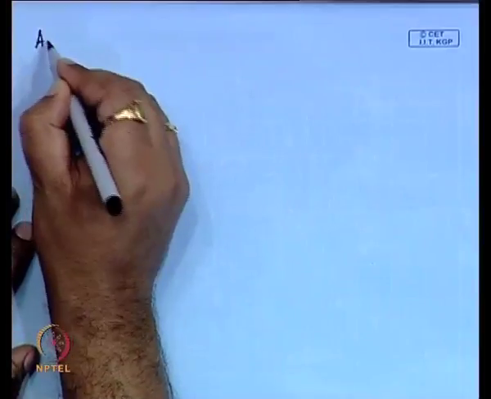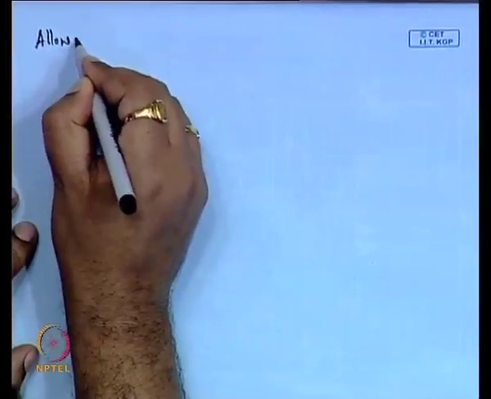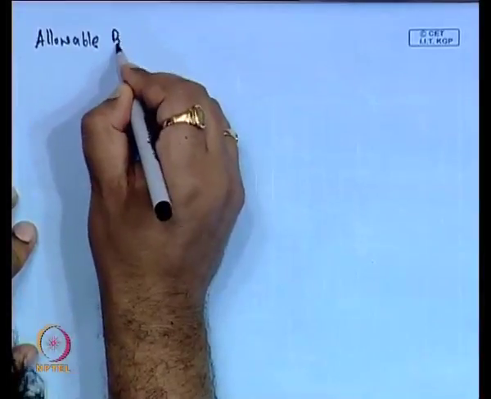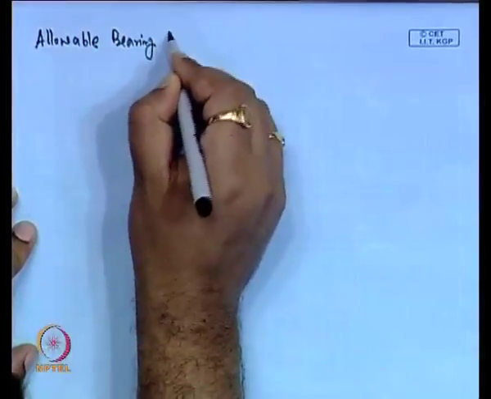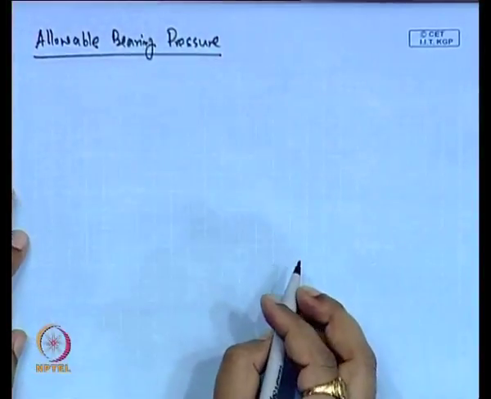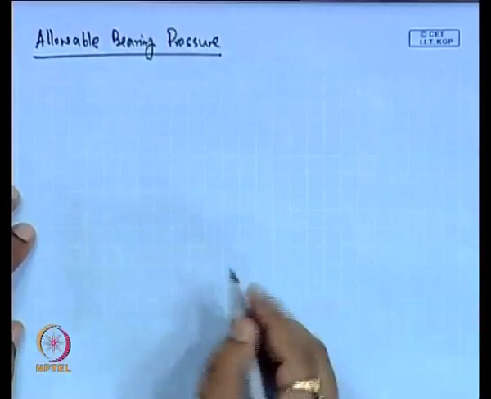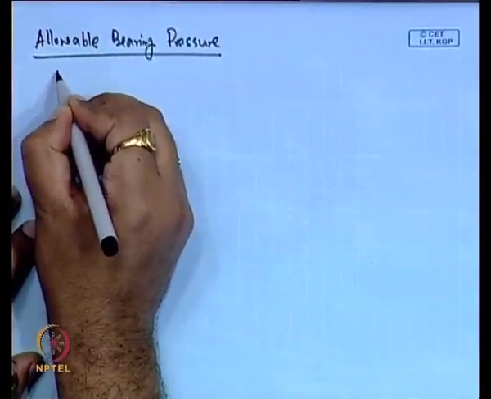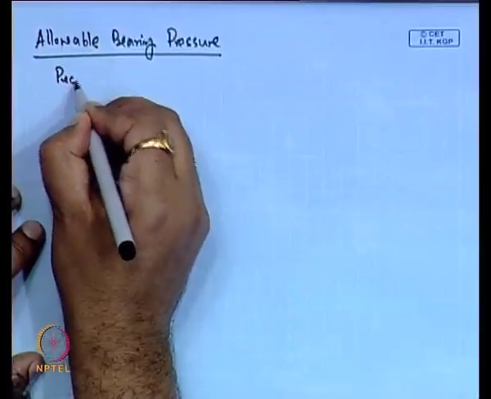Now, next and the last thing that I will discuss is how to calculate the ultimate bearing factor in case of allowable bearing pressure, based on the N value. So, this is the allowable bearing pressure. There are a few empirical correlations given. Here I will discuss only one correlation, that is given by Peck,